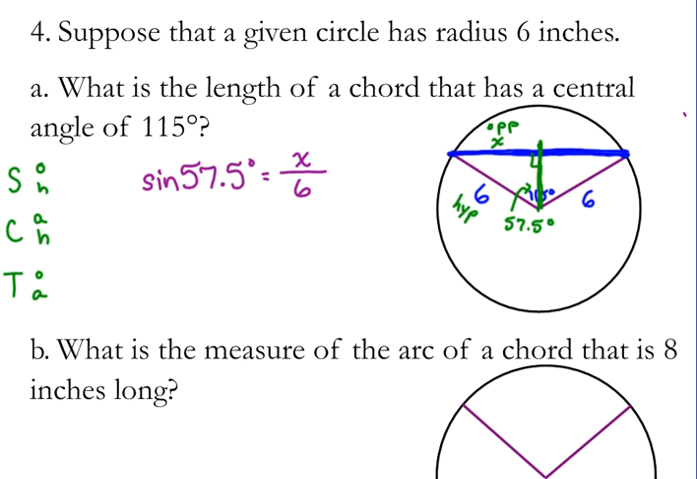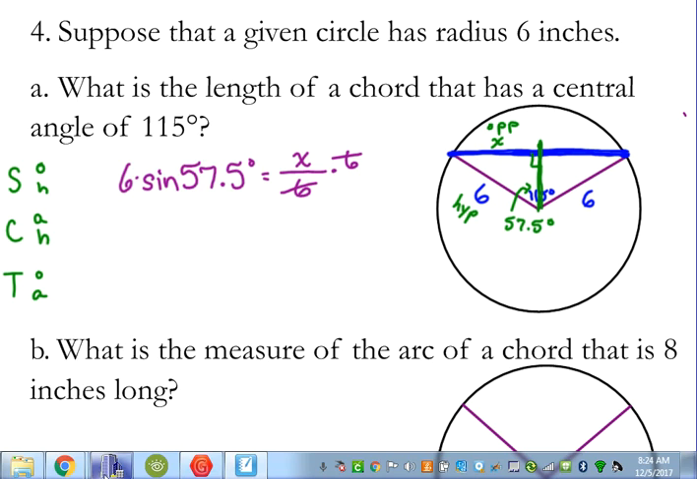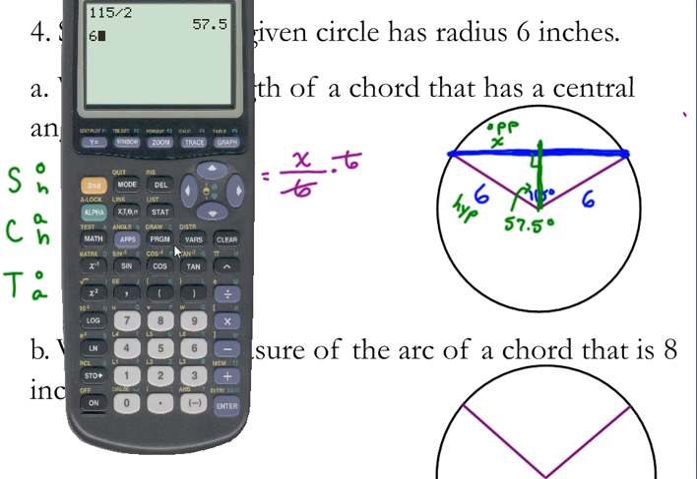How do we solve for x? What's happening to x right now? It's being divided by 6, so what's the opposite? Multiplying. We're going to multiply both sides by 6. So 6 sine of